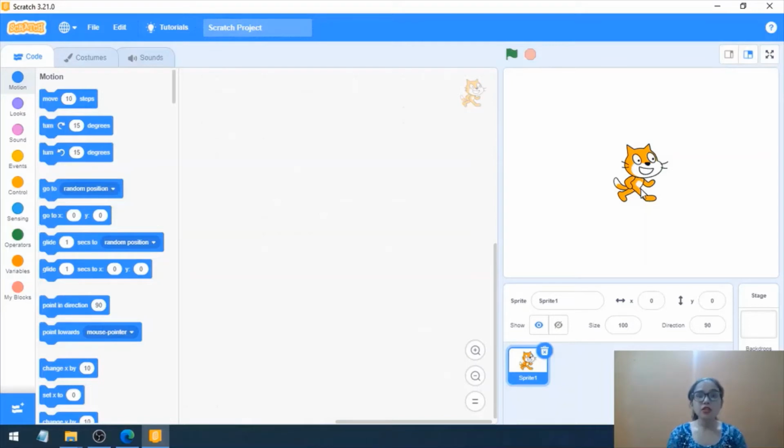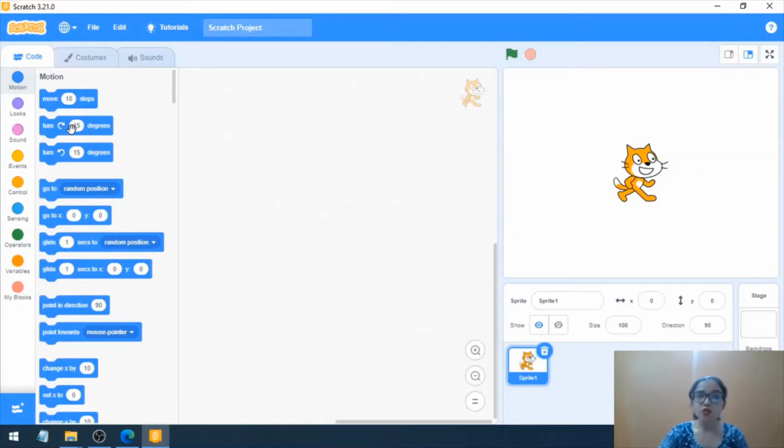But that is not the case here in Scratch, because you have this cat. It's a very cute looking cat, and its name is Sprite. And here you have got all the codes which you are going to just drag and drop here in the stage area. As I told you, this is the block palette, this is the stage, and this is the sprite area.